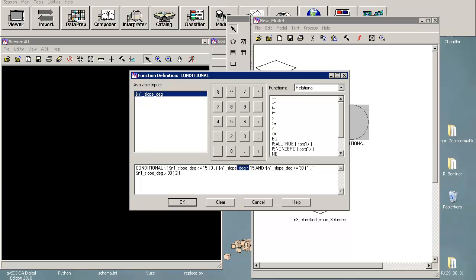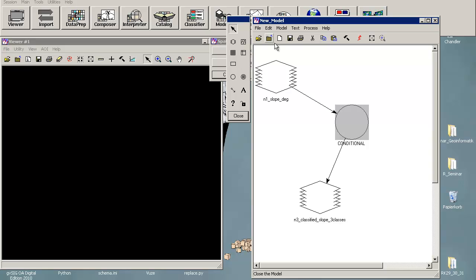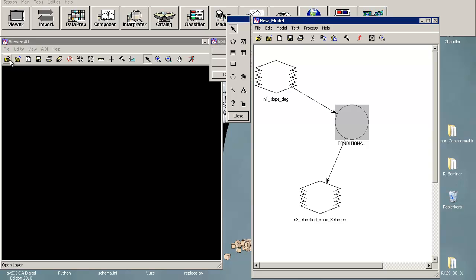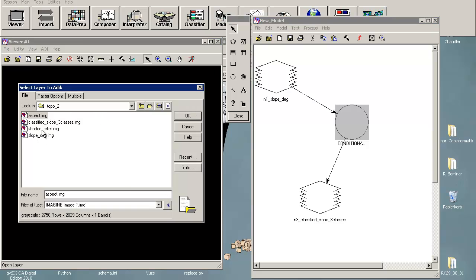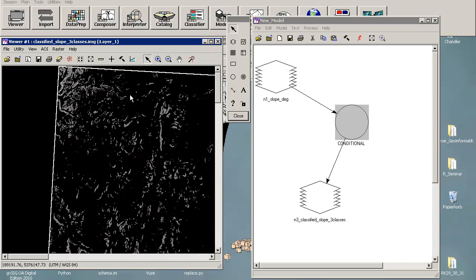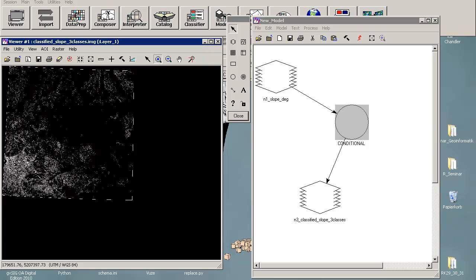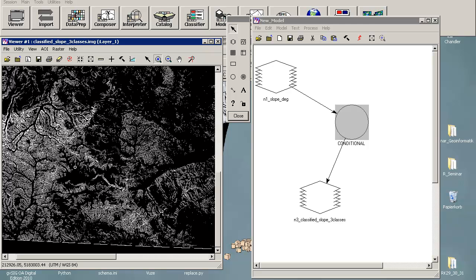So the first test was slope bigger than 15 and less than 30, but you have to once again fill in the raster data which has to be tested. So slope less than 30. This is, I think, I hope. Let's go on. And so it's already calculated. Once again, we will open the classified slope. As you can see here, we are now having 3 possible values, and especially in this area you will see